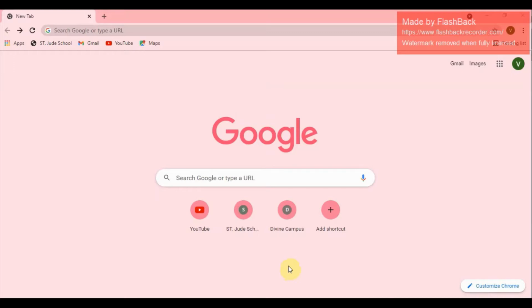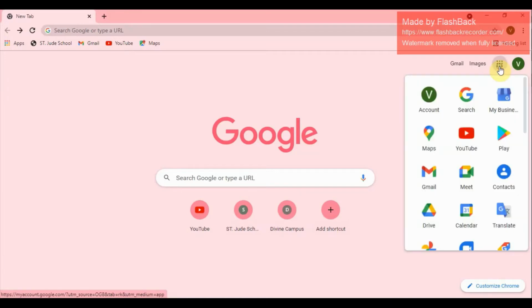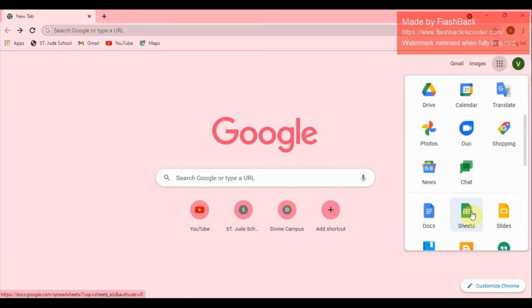Today I am going to show you how to restrict the entries into your Google Forms. Only valid users can enter the data in your Google Form. To start with, you have to open your Google Form with your valid email in which you are going to prepare your Google Form. Now, go to the Google Apps and open Google Sheets,